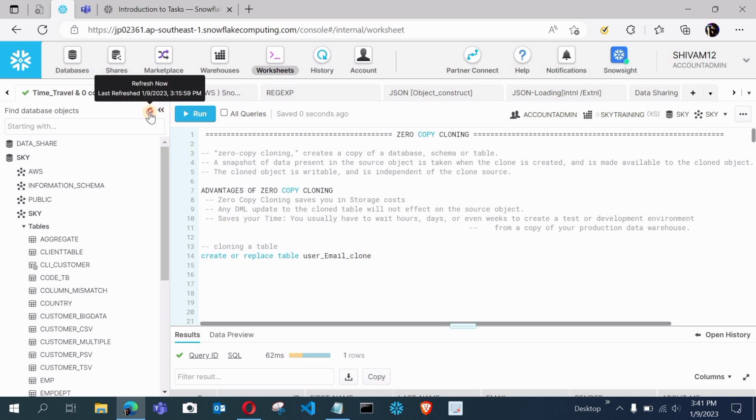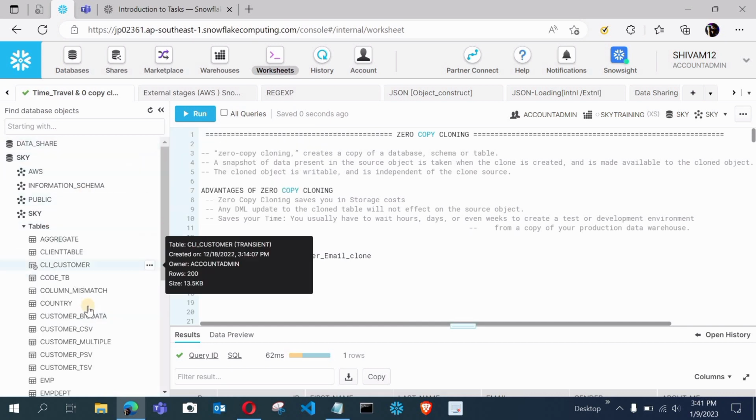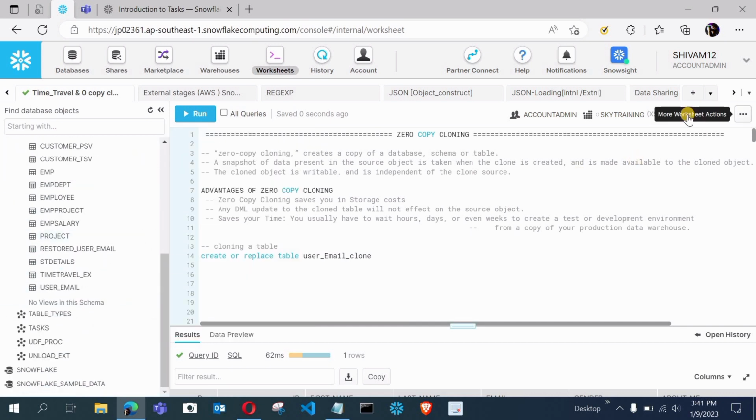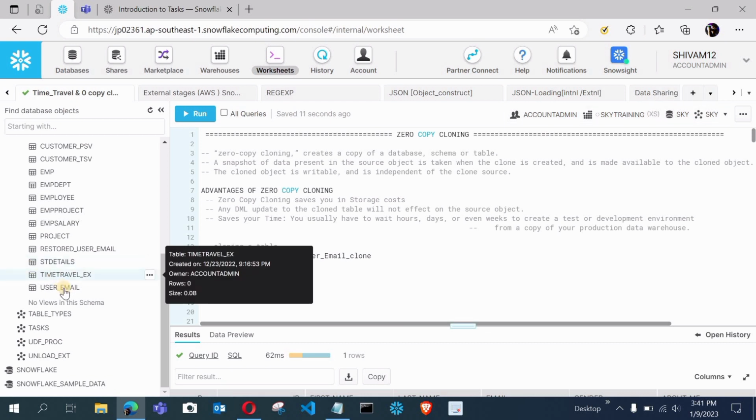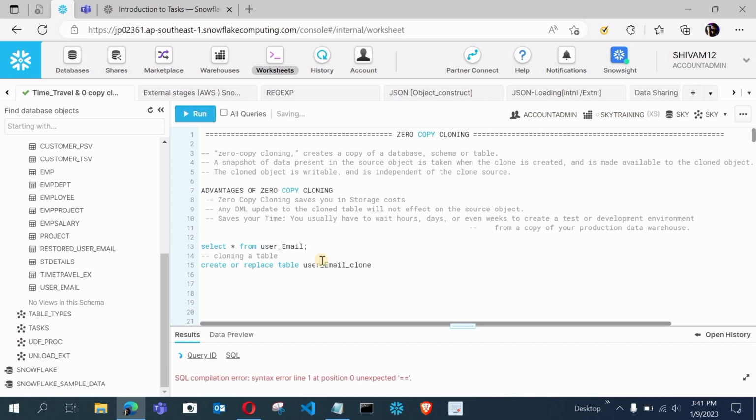First of all, let me show you the table which I want to clone. Let me move to the Sky database, and you can see I have selected the Sky database here, so we will not give the database name dot schema name dot table name. This is my user email table. Let me show you that data as well: select asterisk from user email, as I have used this table in my previous videos.